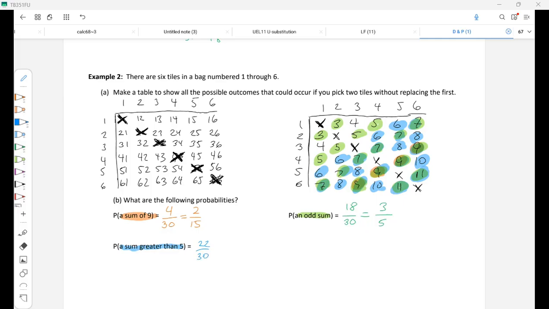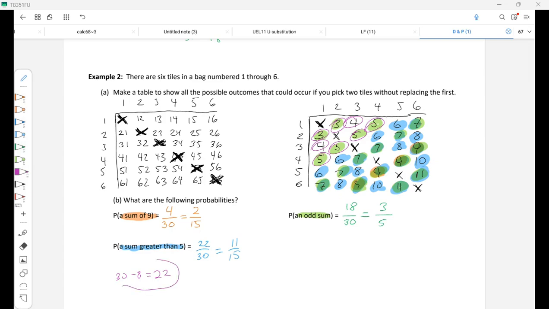Like I said, there was another way that you could have done this. If I had just highlighted 22 out of 30, which let me give you the simplified version, I actually could have just figured out how many I wasn't going to highlight. So just an alternate way to do this, I could have said, well, if I've got to get all the numbers that are bigger than 5, then that means I'm leaving out these numbers I'm circling here in purple, and there are 8 of them. So if I'm doing all but 8 of my 32 numbers, I can do 30 minus 8 to get that